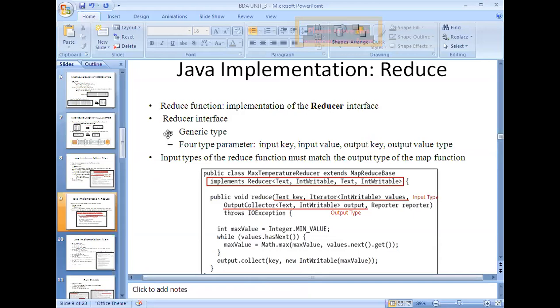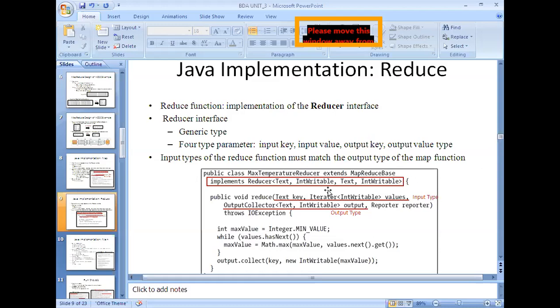The reducer interface is also a generic type. That means it can accept any data type as parameters. So here also there are 4 type parameters, similar to the map function: input key, input value, output key, output value.